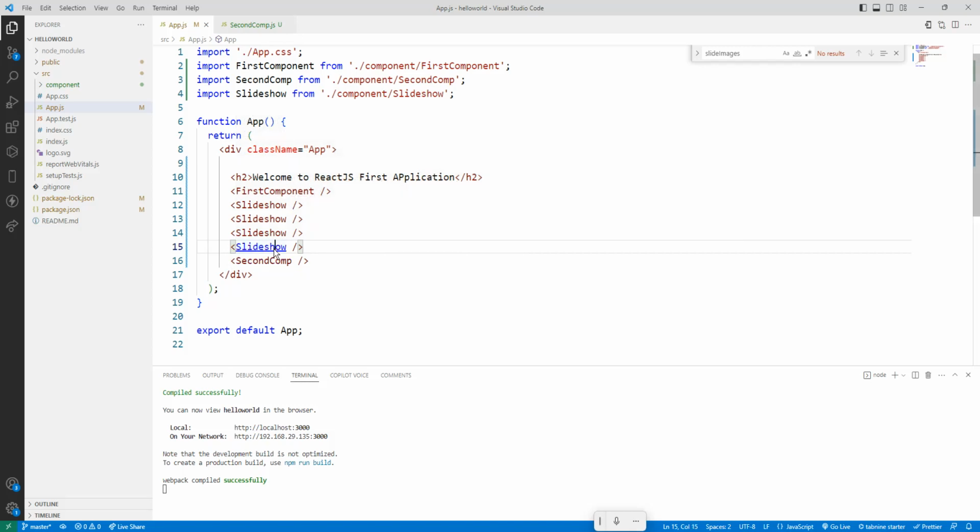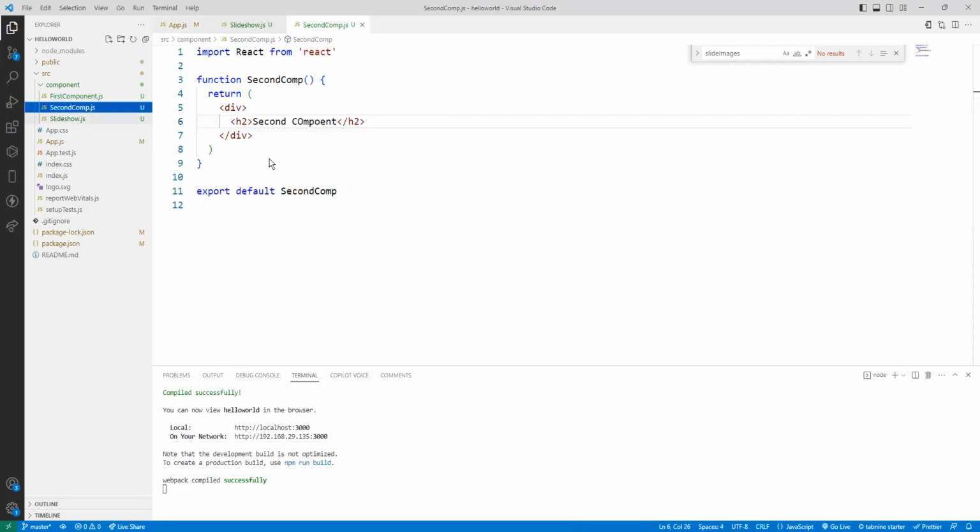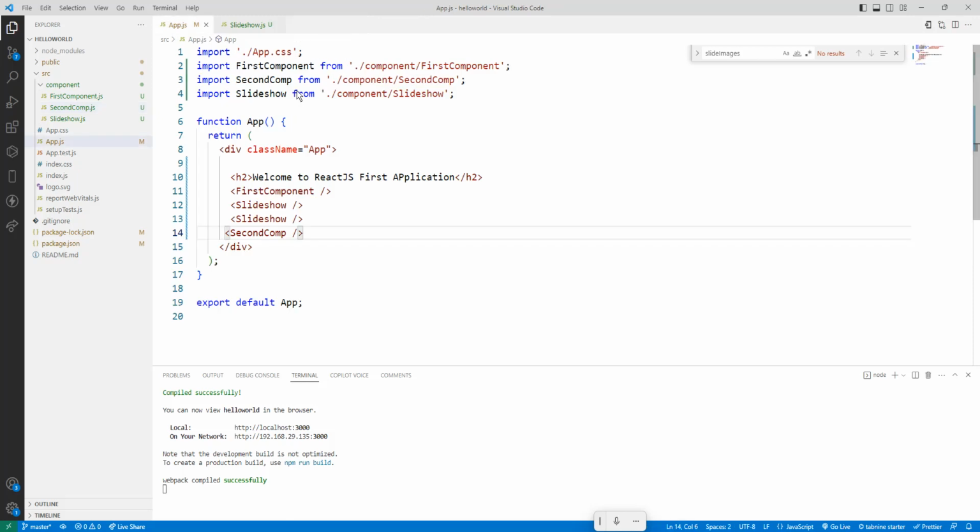So that component I am continuously using in my parent component. This is called a component. As with the second component, what is it? It is a JavaScript function. It might contain an image slider, a form, a video player or audio player. That will be treated as a component. I think this is clear. Component is a JavaScript function and it is executed